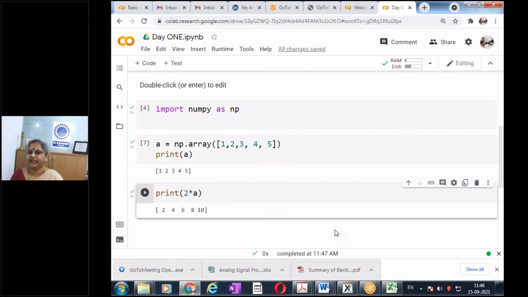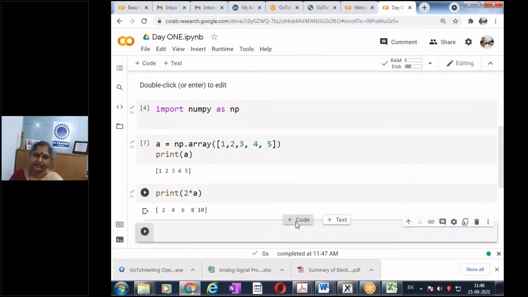So now it defined an array of numbers 1 to 5, and now when I print 2 times a, this is what I get. Yes, so that's the difference. So here now we have called the NumPy library.